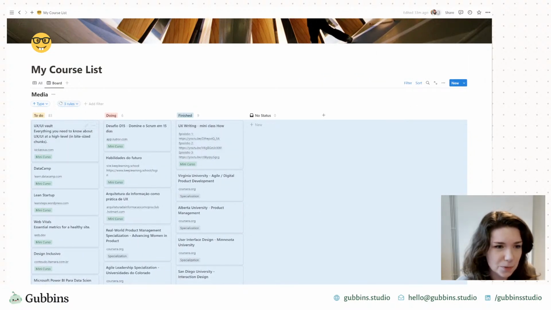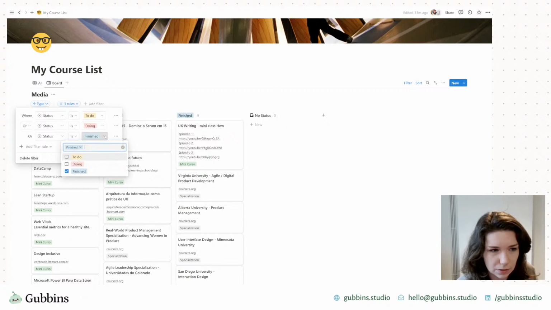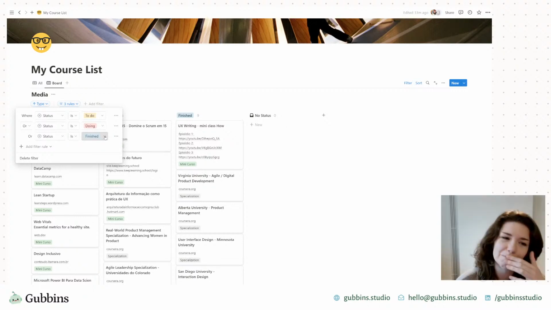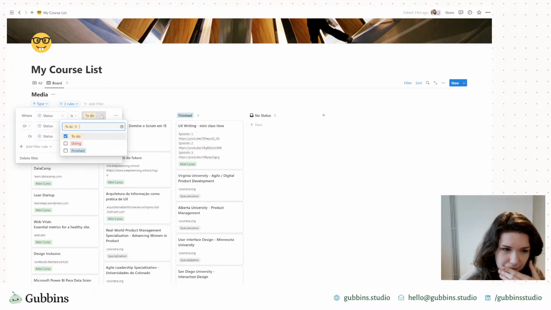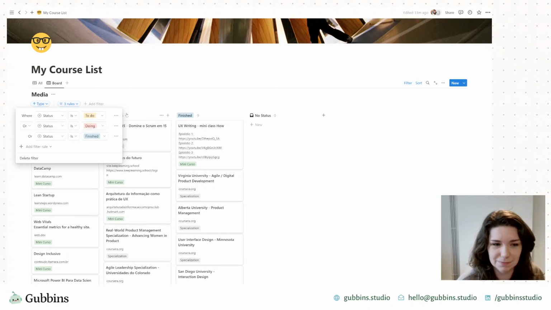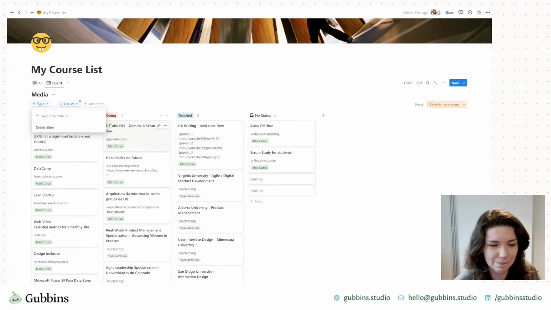Let's see, as well, I spotted just as I was going through there, where status is to do, or status is doing, or status is finished. Okay, so that's just showing everything. So you don't need to do this. Maybe this is just legacy from when she'd set it up in a different way. But if you've got statuses that are filtering everything, you don't need any of them. So just for my tidiness, I'm going to remove these.